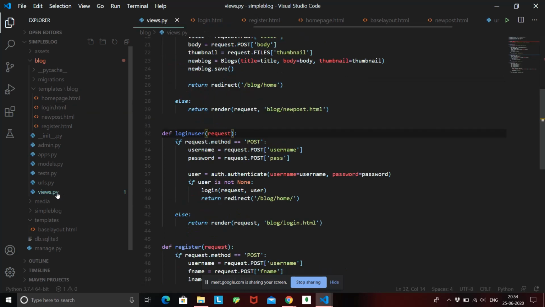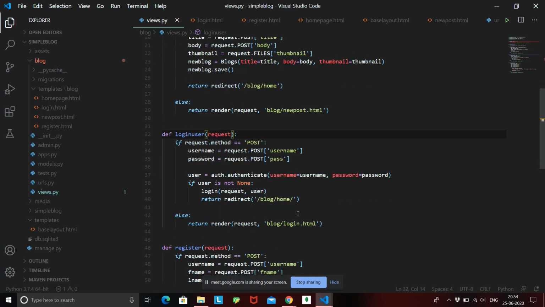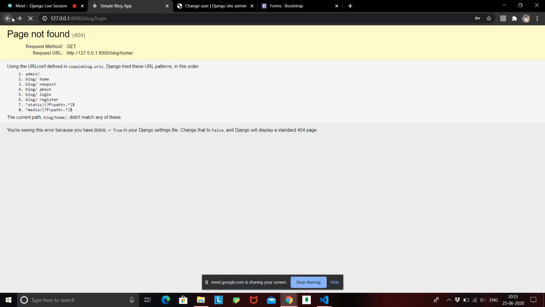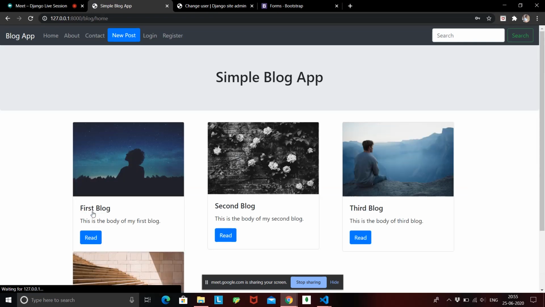So if we go to the views.py file and check our redirect statement, it should be /blog/home and not an extra slash. Even a slash is going to create errors, so make sure you give the exact URL that you have created. So /blog/home, and if we go back, refresh, username dummy user, password is dummy1234, hit login, and you are redirected